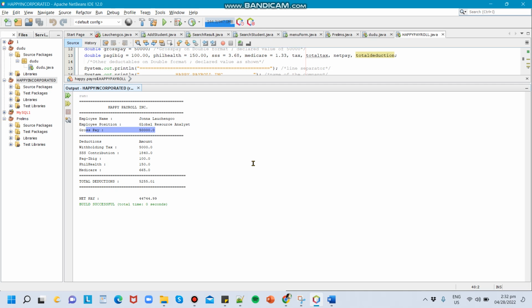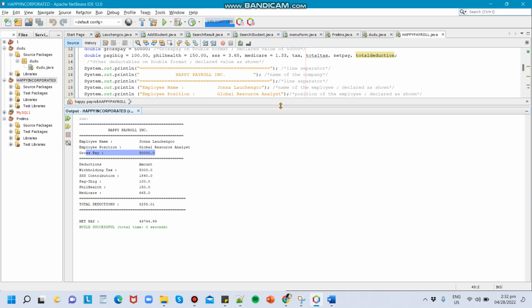SSS is 3.68%, Pag-ibig is 100 pesos, PhilHealth is 150, Medicare is 1.33% of the gross. Adding all of the deductions, the total deductions correspond to 5,255 and